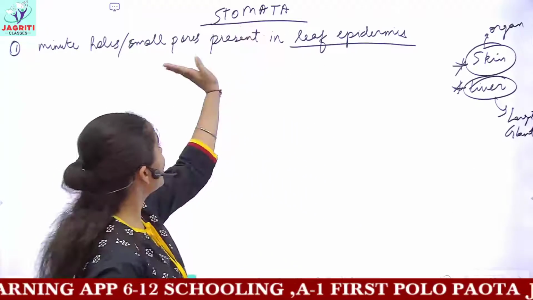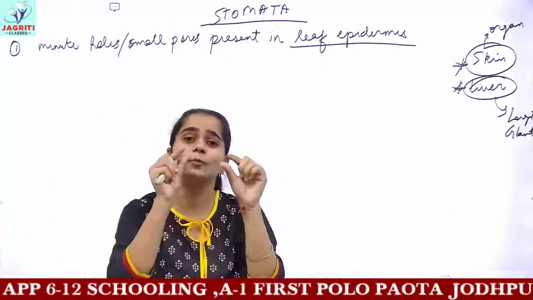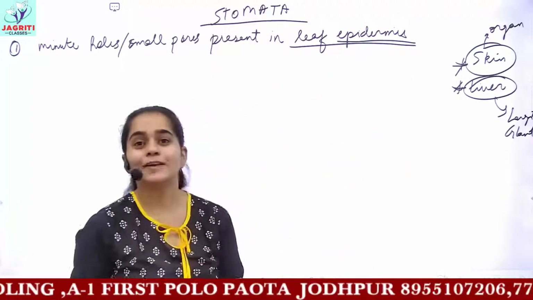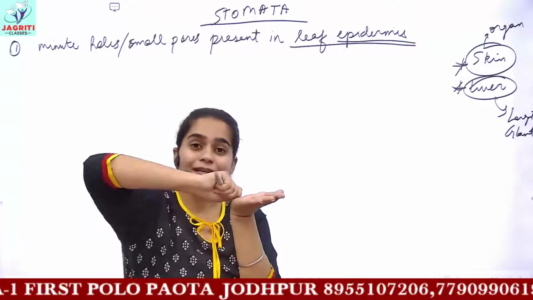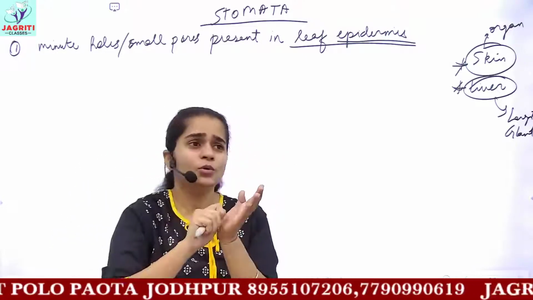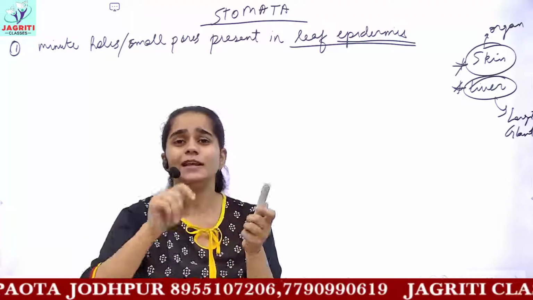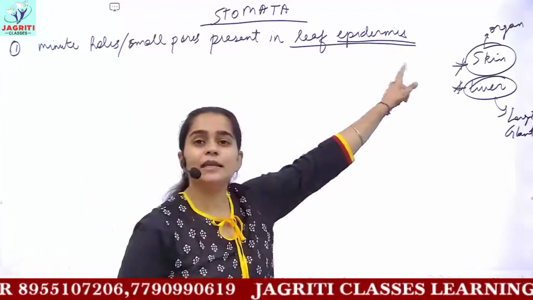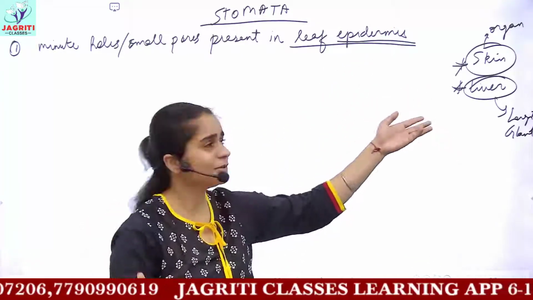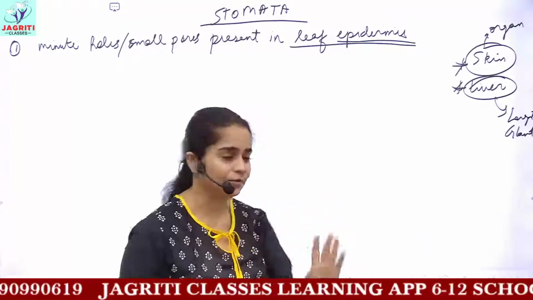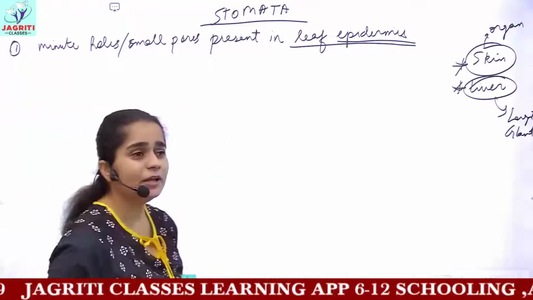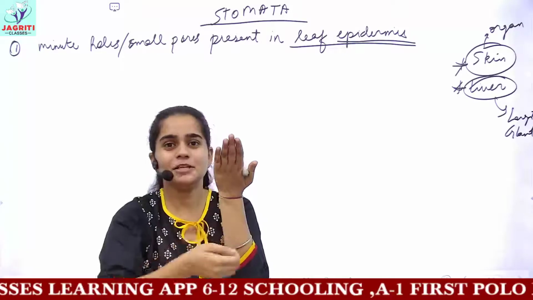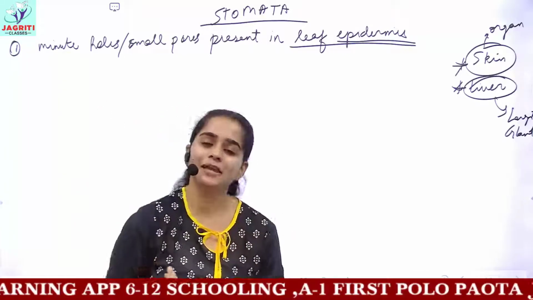Now we have the parts of leaf. The stomata are the small pores or holes which are present in leaf epidermis. Leaf epidermis, I have told you, take a leaf, pull out a very thin peel from the leaf. If you try to do this activity, you will get a very thin, transparent peel of the leaf. So this would be your leaf epidermis. And in simpler terms, it is the skin of your leaf. So we have two leaf epidermis, that is the upper and lower. Epidermis present on the upper surface is upper epidermis. If you take out epidermis from the lower, it would be lower epidermis.